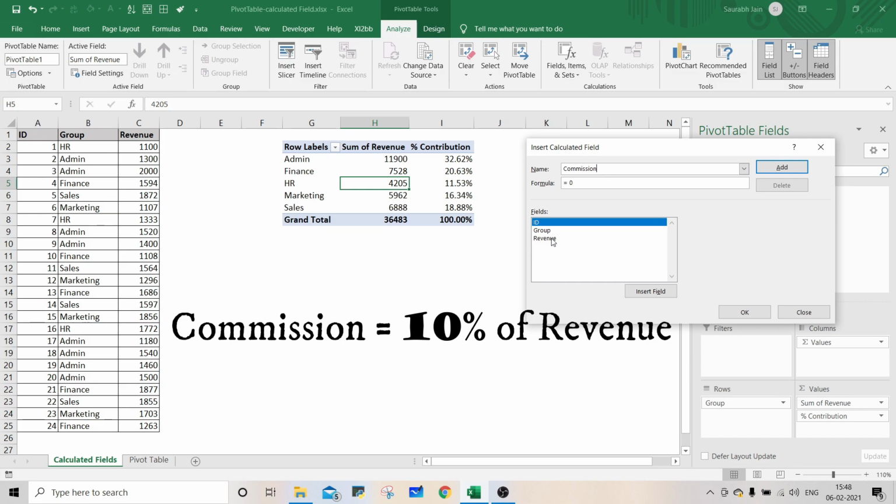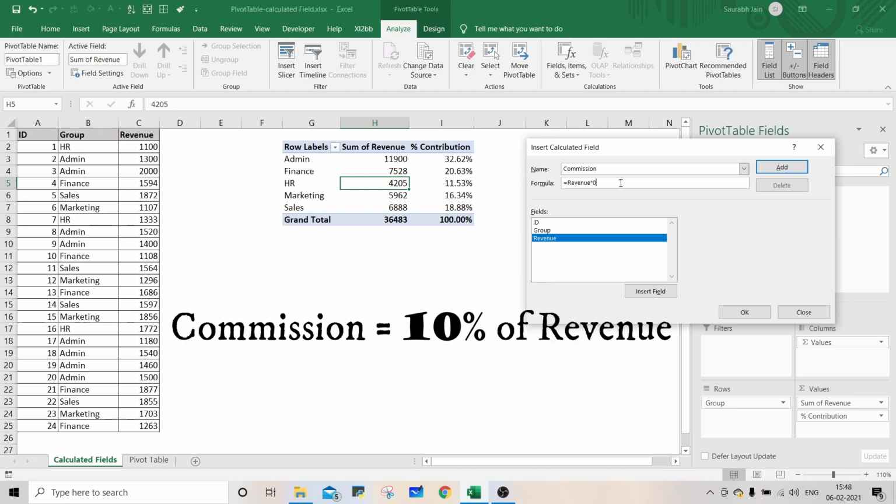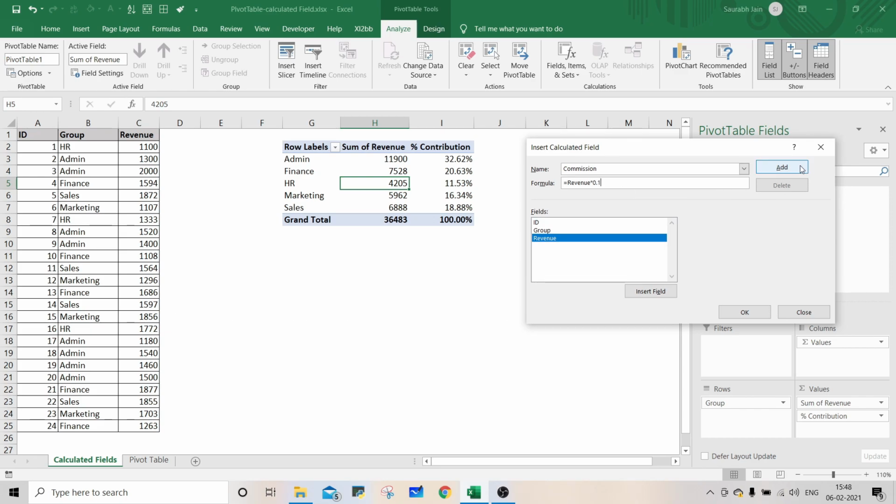So double click the revenue field, or you can select the revenue field and click the insert field option. Type the asterisk sign for multiplication, 0.1 for 10 percent. Now click the add button.